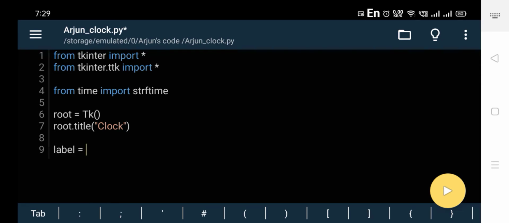Label is equal to Label(root, and then font we have to choose any font. Let's choose DS-Digital font, DS-Digital. And after this let's choose the size of this font. We're choosing 50, and after this background